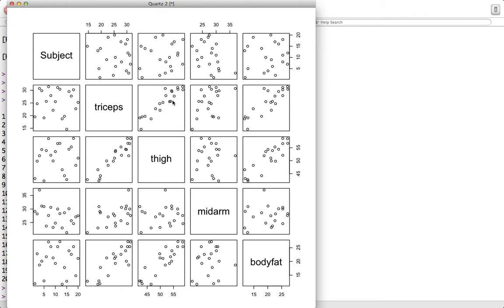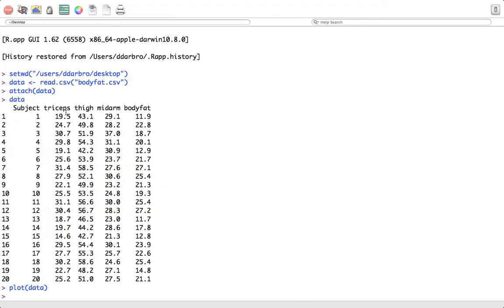I mean, for obvious reasons. Well, you can see that from the scatter plot. And there's reason for me to suspect multicollinearity. And there's also reason for me to suspect that the addition of triceps and thigh into the model does more harm than good, because they're essentially producing the same information. So let's go ahead and see if